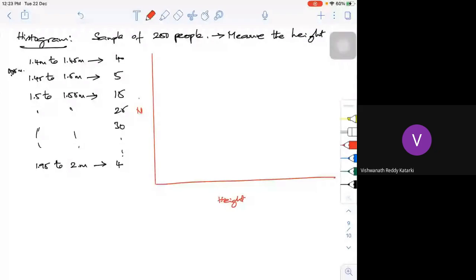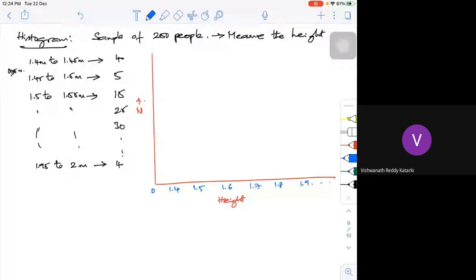So I may start with 1.4 meter, 1.5, 1.6, 1.7, 1.8, 1.9, like this I can go.